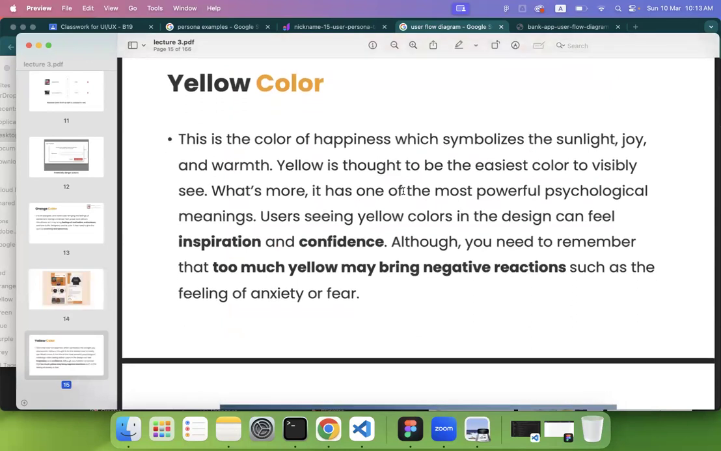And then yellow color. This is the color of happiness, which symbolizes sunlight, joy, and warmth. Yellow is thought to be the easiest color to see. What's more, it has one of the most powerful psychological meanings. Users seeing yellow in the design can feel inspiration and confidence. Although you need to remember that too much yellow may bring negative reactions, such as the feeling of anxiety or